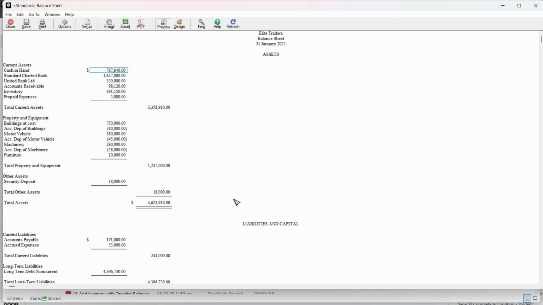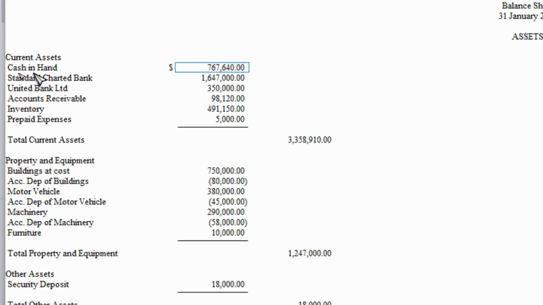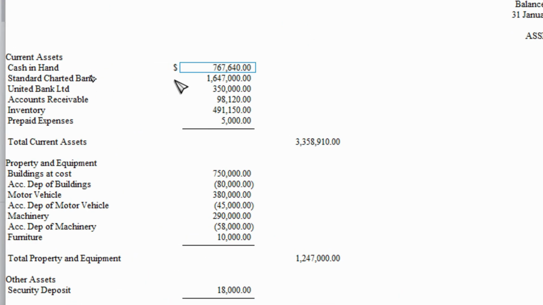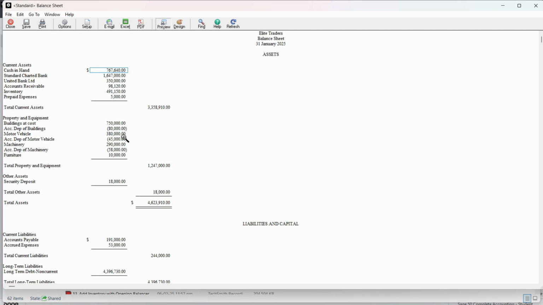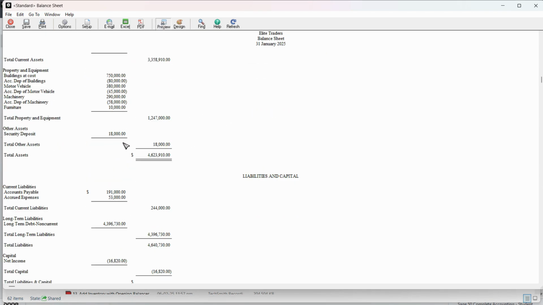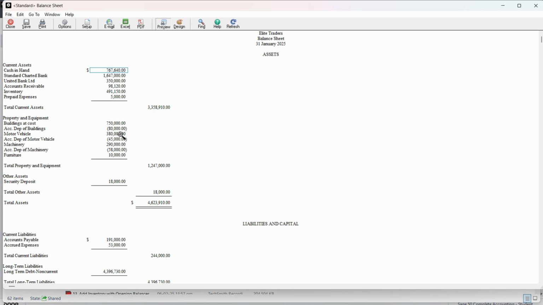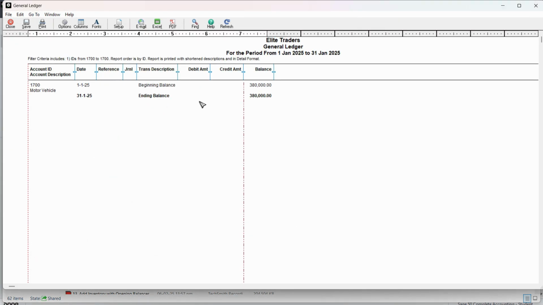Click OK. Now, if we want to check through a particular balance, how this balance was made, if we want to check the details of it, let's say cash in hand, we can simply double click on it to drill down further, and we will see the ledger details from the beginning balance till all of these debit and credit transactions until the closing balance. So this makes it very convenient. If you're confused about some figure, you can just simply click on it